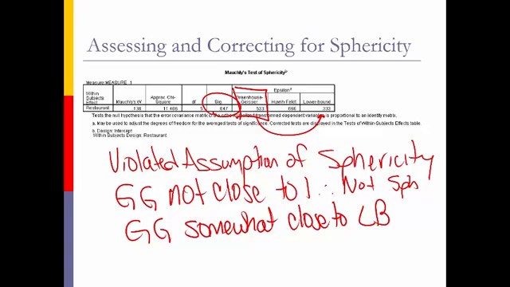And because it's closer to the lower bound, that is also telling us we probably have some substantial deviations from sphericity. So we want it to be as close to this value as we can, because that's good. And we want it to be as far away from 1 as possible. So we're going to go forward and proceed with the test, because we don't think we have severe violations of